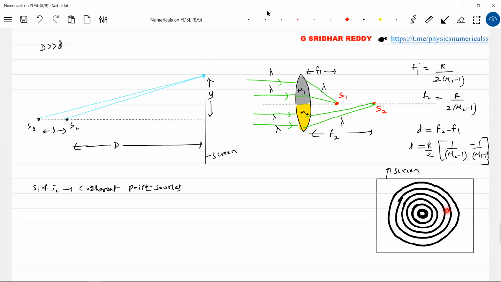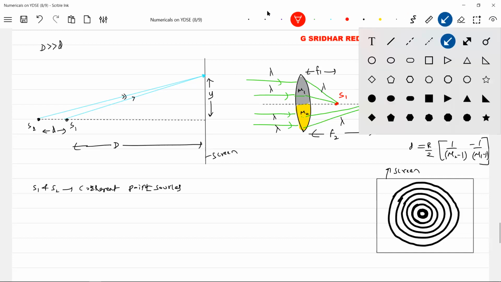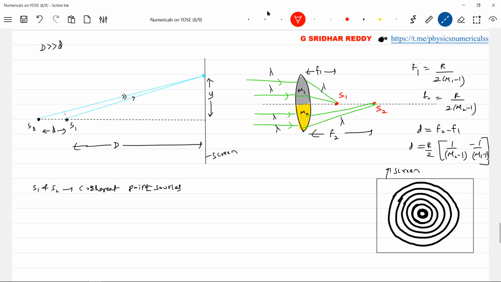So I want an expression for the radius of the nth bright ring. And what is the order of interference, how will that order occur? That has to be determined here. I think you can go for the analytical method: there's a ray 1 and a ray 2. Who will cover more path? Ray 2 will cover more path than ray 1. How much additional path will it cover?